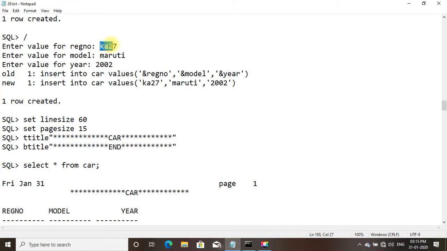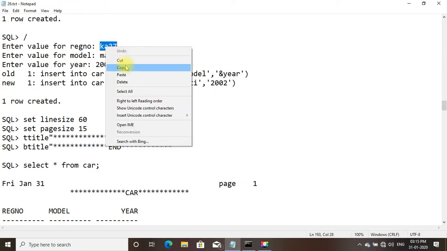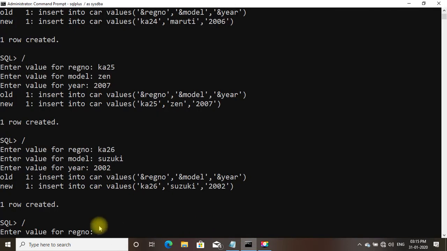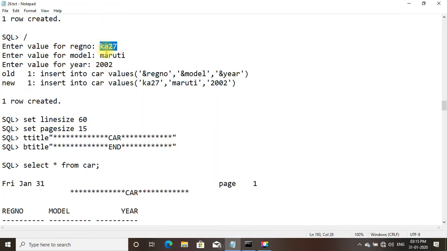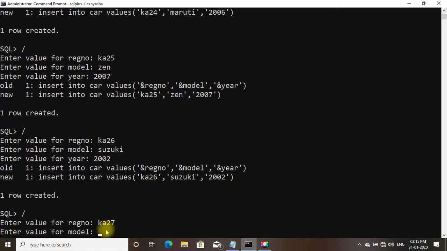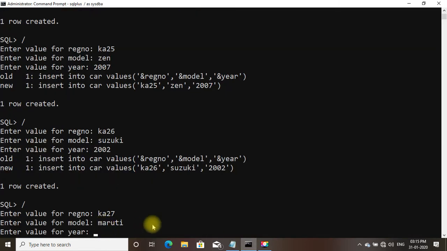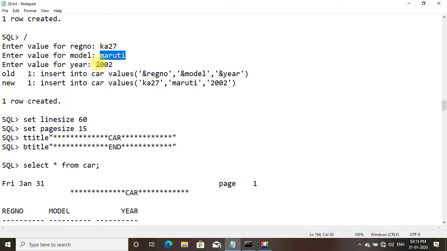This is KA27. Model is again Maruti. And year is 2002.